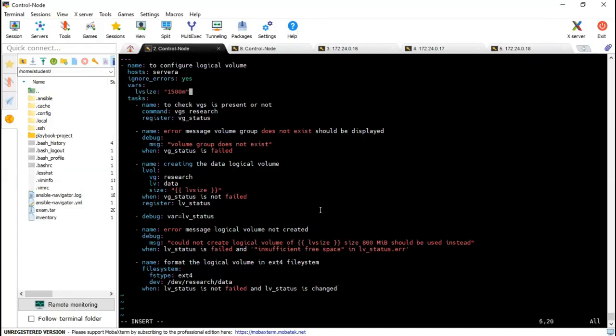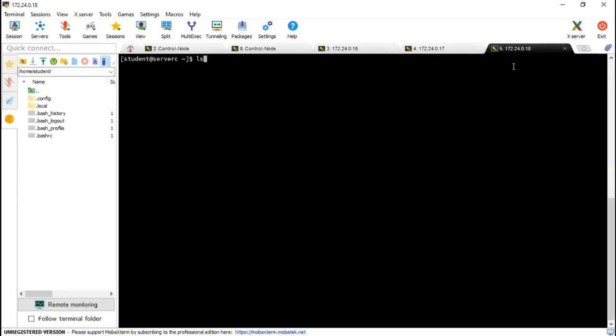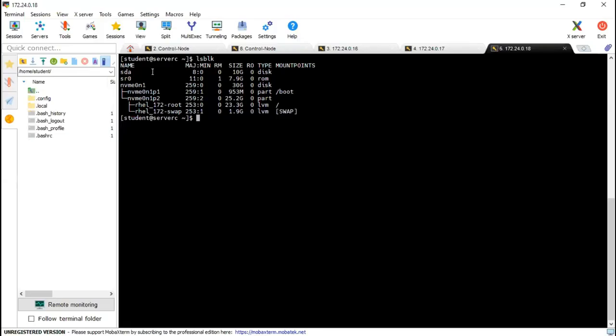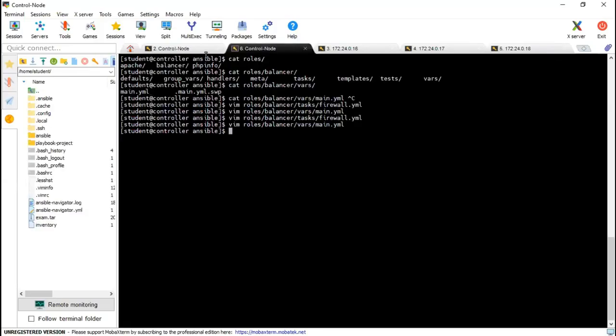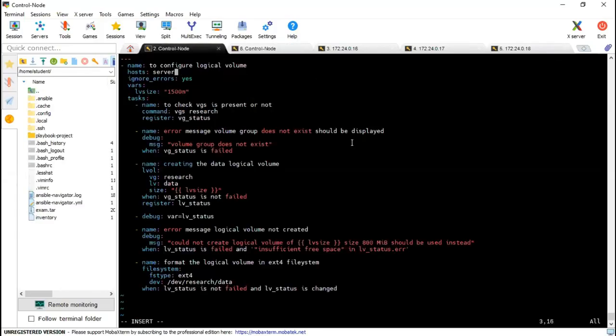Okay, it asks us to perform it on all of the machines, but I am going to perform it on server C because on server C I have one additional disk, sda, right? Sorry, server C. So I will use server C. Ignore errors. Yes, var size I put 1500 MiB, and it's saying to check whether the VG is present or not.